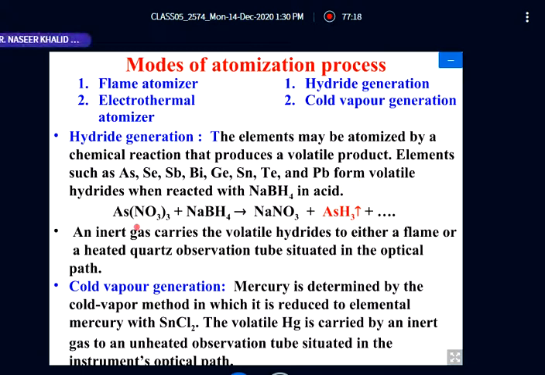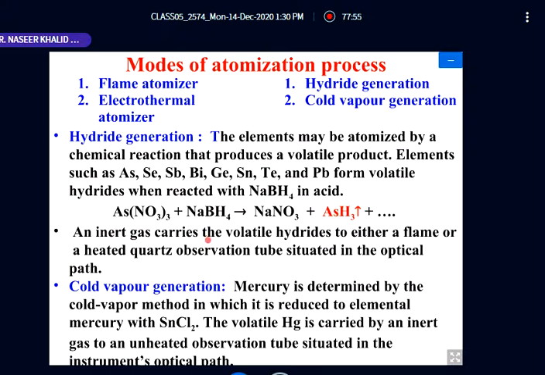What is the reaction? For example, arsenic nitrate. Arsenic has a valency of positive 3. So when arsenic nitrate reacts with sodium borohydride, a double displacement reaction takes place. Sodium nitrate will be formed, and arsenic hydride will be generated. So sodium nitrate plus arsenic hydride. This is in the gaseous form. It can be burned,